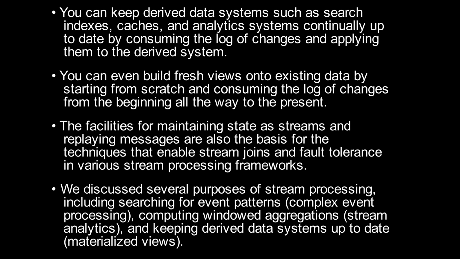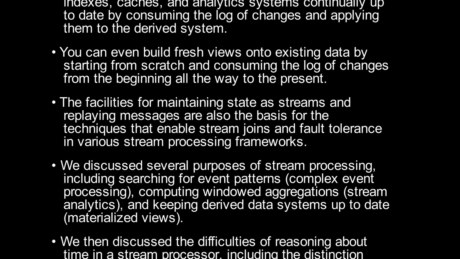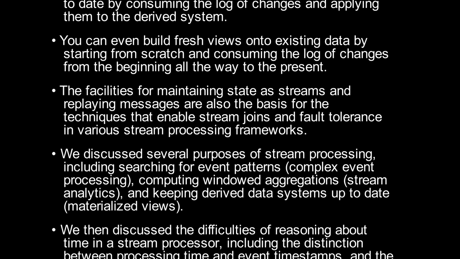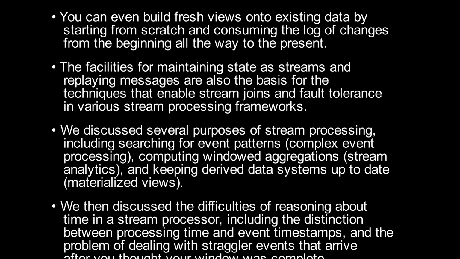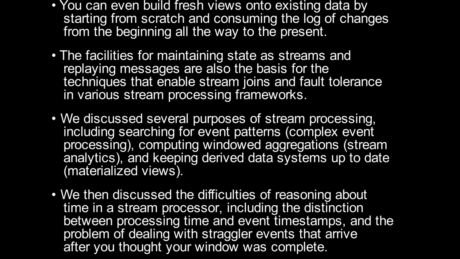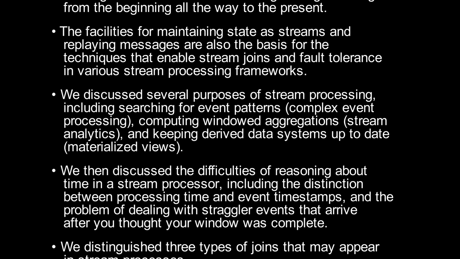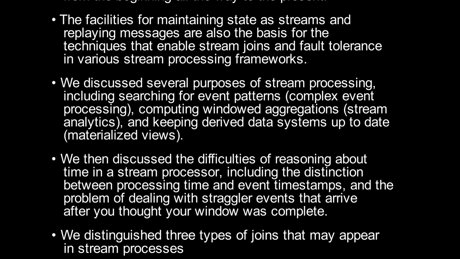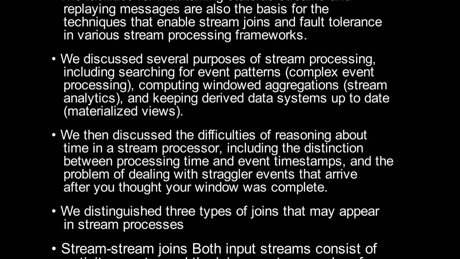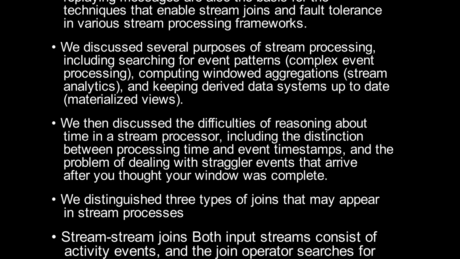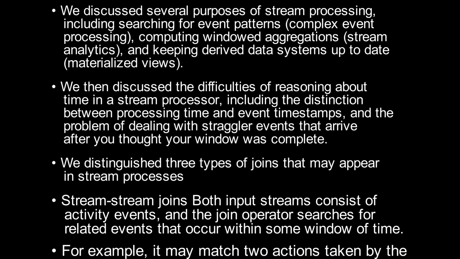We discussed several purposes of stream processing, including searching for event patterns (complex event processing), computing windowed aggregations (stream analytics), and keeping derived data systems up to date (materialized views). We then discussed the difficulties of reasoning about time in a stream processor, including the distinction between processing time and event timestamps, and the problem of dealing with straggler events that arrive after you thought your window was complete. We distinguished three types of joins that may appear in stream processes: